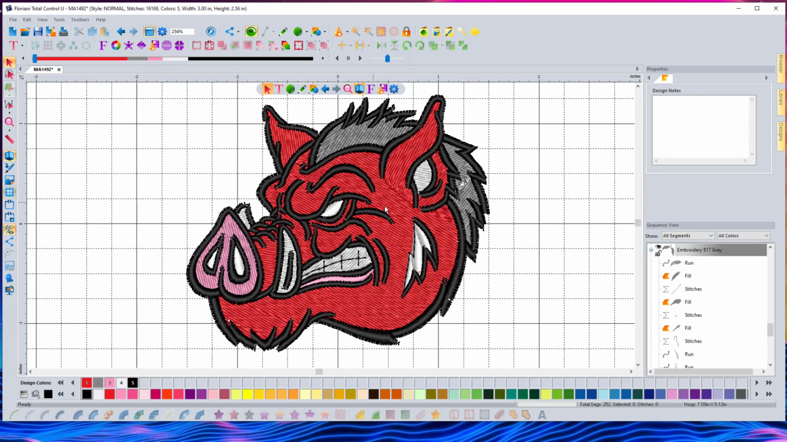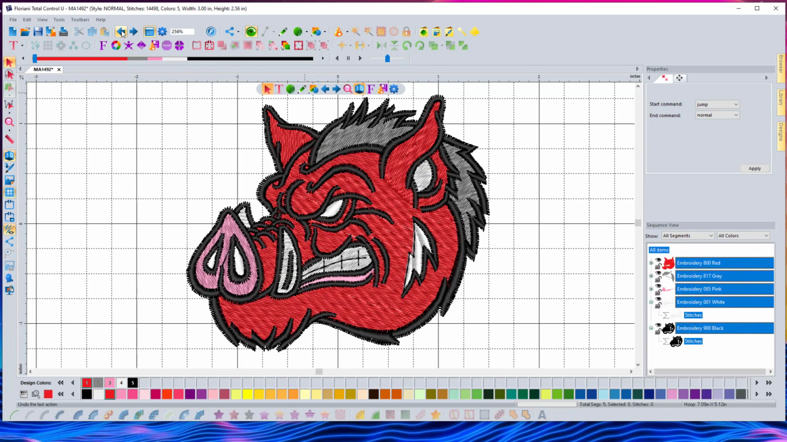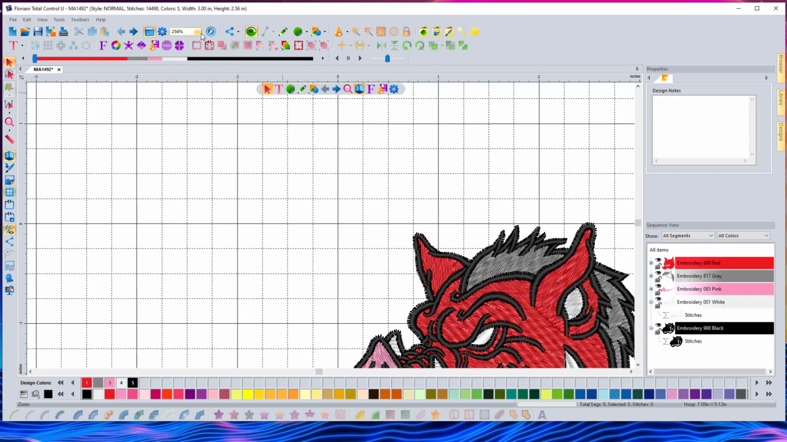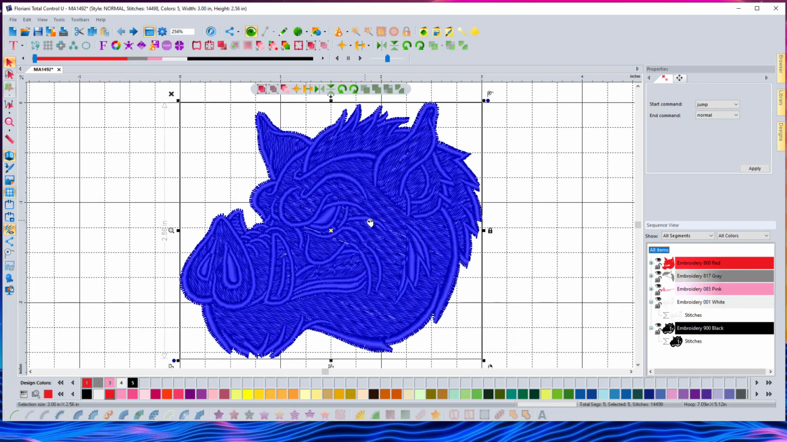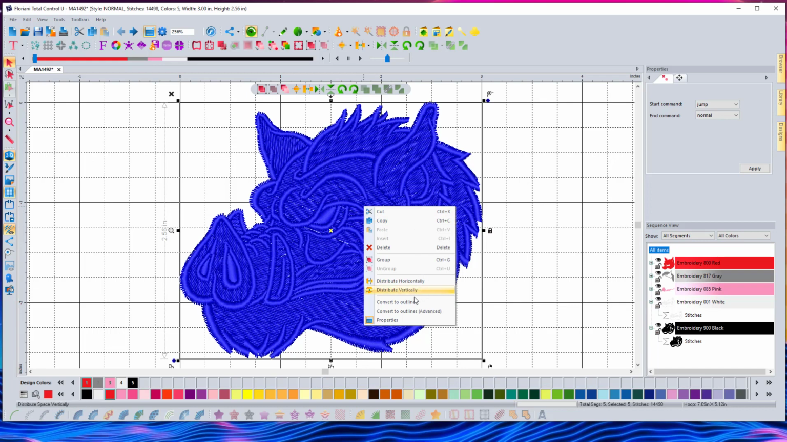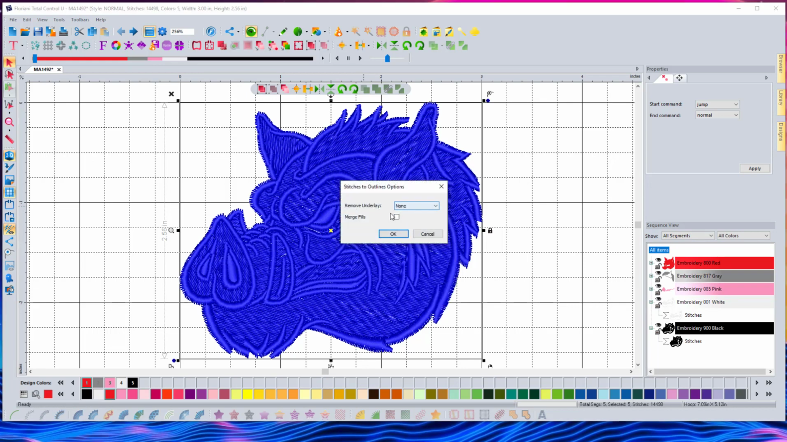So what else can we do? Well, let's undo to get back to the beginning so that nothing's been changed on it. We'll go into fit so we can see the whole thing. And what else could we do? Well, we have another option for converting to outlines, and that will solve some of our problems. If we right-click here and do a Convert to Outlines Advanced, we have the ability to remove underlay or merge fills. We're going to leave the underlay, but we're going to tell it to merge our fills. So we're going to left-click on that and hit OK. That should take care of some of this issue,